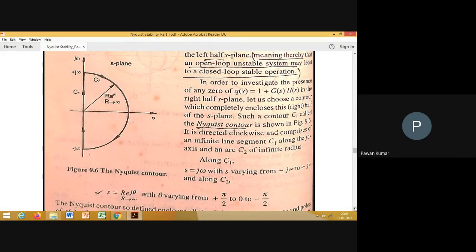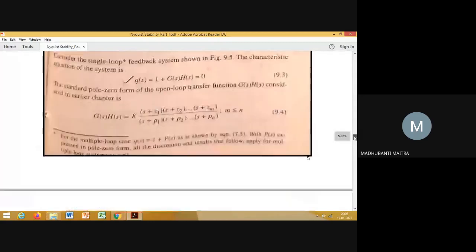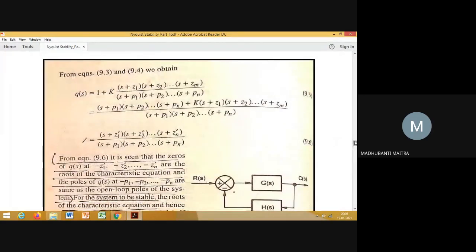Ma'am, can you please repeat it again after plotting the Nyquist contour? So this is my Nyquist contour. I've chosen this particular contour, nothing to do with the Q(s). Now, since the open loop transfer function is known, as we have already discussed, with the help of the Nyquist stability criterion, from the open loop frequency response,